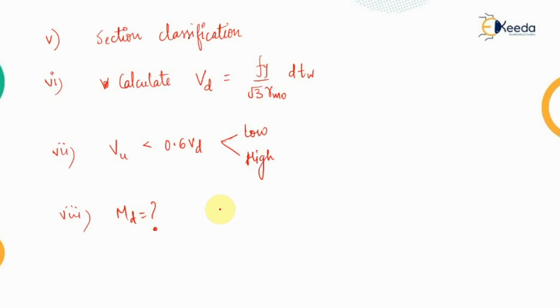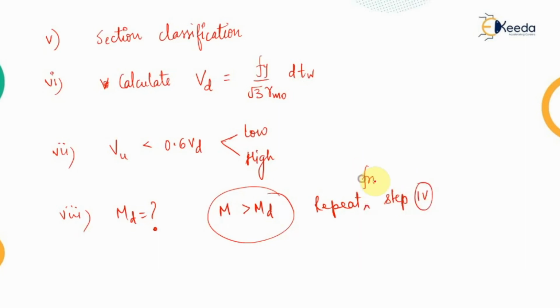And if the externally applied moment is greater than the MD value, then we need to repeat the process of designing from step number 4. That means we need to again choose a suitable section, then again classify the section, and again calculate this design bending strength. And once we have calculated this design bending strength, then the section is checked,